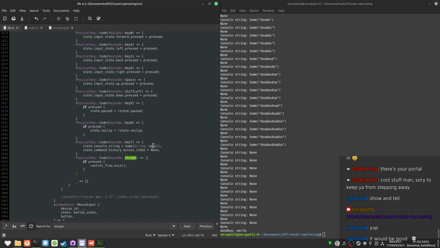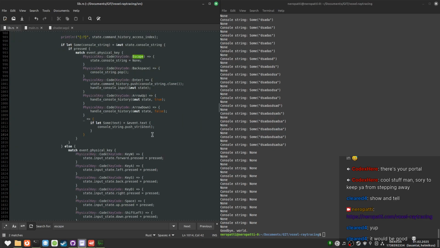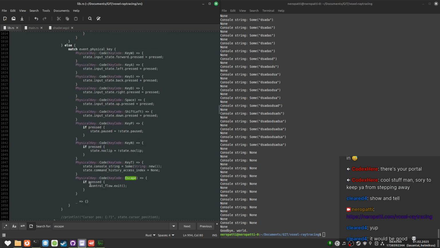I can see that being valuable, where if the game is about to crash and eat all of my RAM, I can just hit escape and then not even the next game tick, but the next time it processes inputs, it will just be like, gotcha, bro. So I should have this, even if you're typing something into the console. And I need some other key to escape from the console.